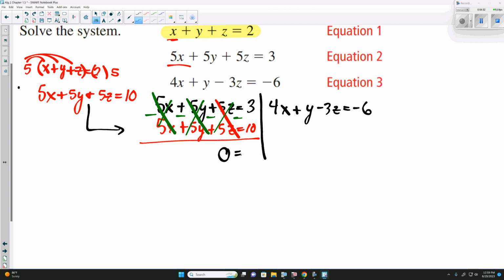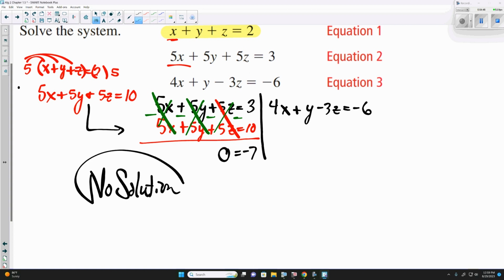3 minus 10. Is this a true statement? Is 0 ever equal to negative 7? No. So this here is telling us those two equations, or those two planes, are going to be parallel to each other. And for us to have a solution,